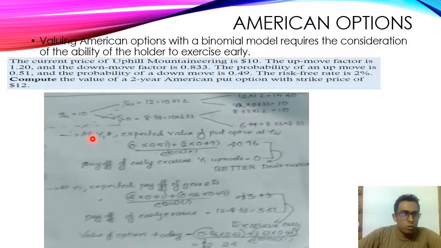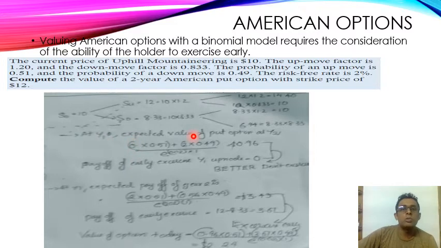So what we'll do is, the key criterion here is standing at year 1 and valuing year 2 and then discounting it back. So I'm standing at year 1, and the expected value of the put option at year 2 we are valuing. At year 1, I'll first take the scenario where it goes up. I am standing at SU and valuing what happens next.